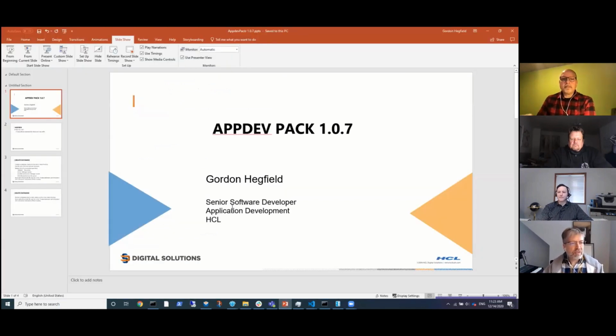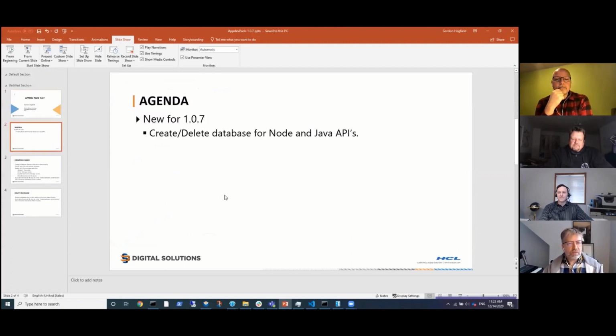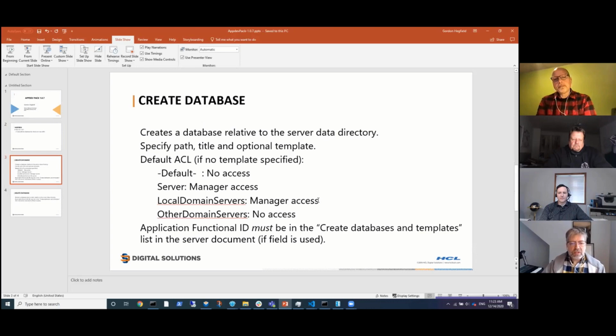There's really just a couple of things new. There's really just two new functions, create and delete database for our Node and Java APIs. So with this, you can now use either Node.js or the Java APIs to create databases and delete databases. I'm going to take you through a sample in a minute, an actual working example. But for now, I just want to go over the top level things that are common to